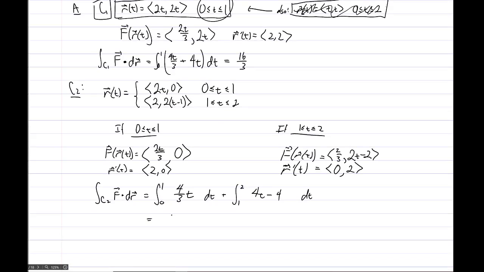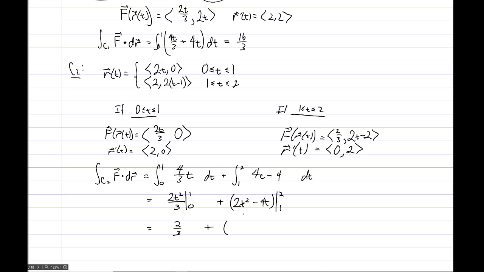So we'll have 4t squared over 6. Let's clean that up: 2t squared over 3, at 1 and at 0. And then over here, 4t squared over 2, so 2t squared minus 4t, evaluated at 2 and at 1. So we'll have 2/3 plus, over here,